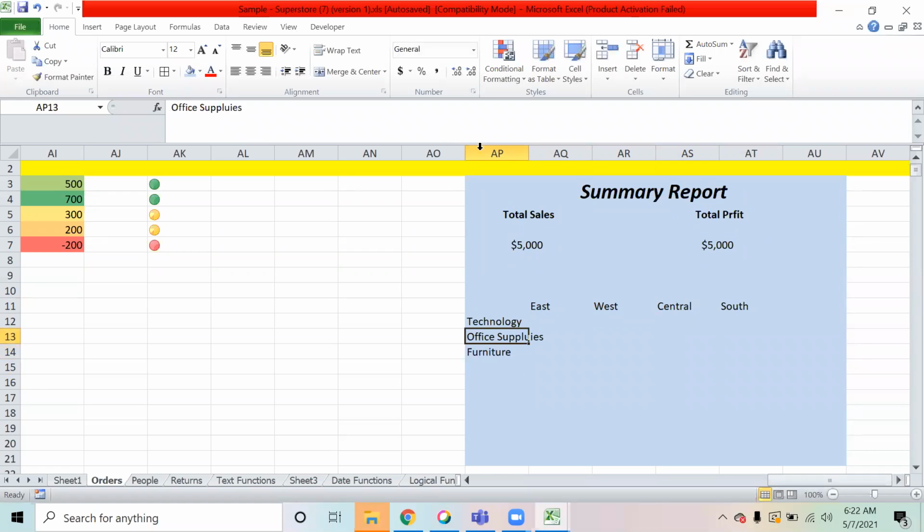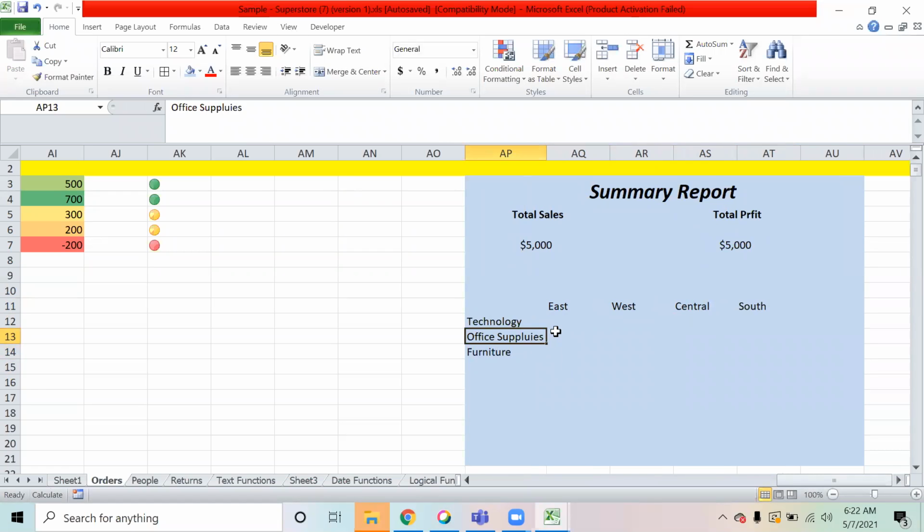These are the three categories. So you have to showcase the total sales over here, whatever the sales numbers are. That will give you a quick summary report being created right away.